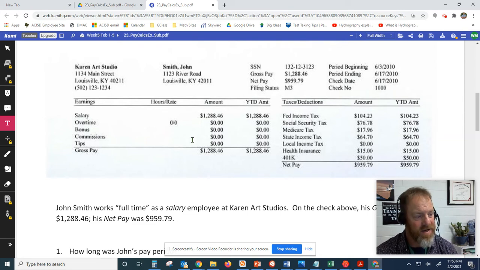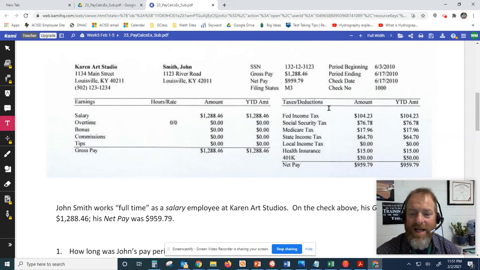I did this in a video the other day, so I'm not going to go very long. I want to get to specific questions. But in general, this pay stub generates almost everything you need to answer 10 questions below. John's a salary employee, means he gets the same amount every pay period here. So you would have to look at these dates to answer number one about the pay period. The left side table is money coming in,